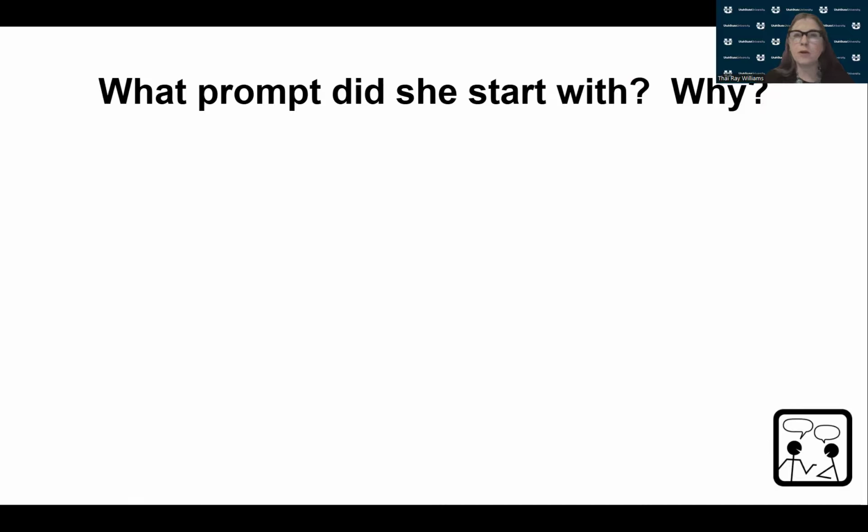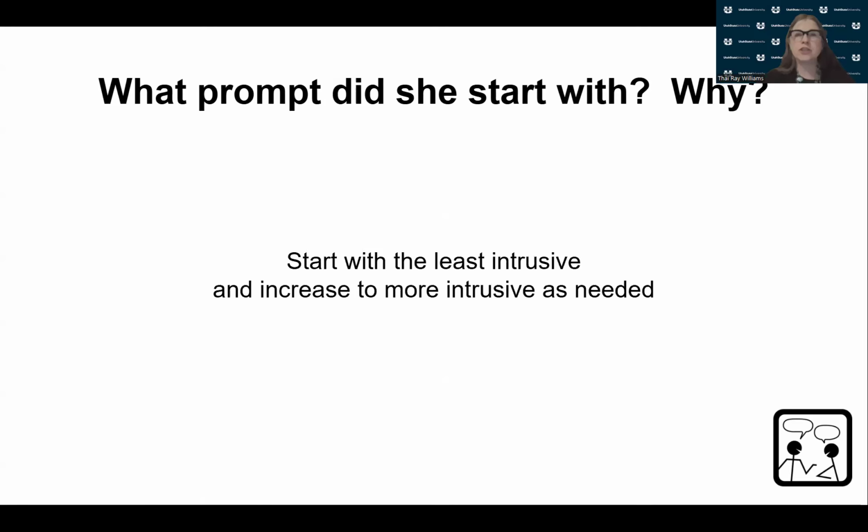All right, so what prompt did she start with? She started with the least intrusive prompt. Why did she do that? Because it was the least intrusive prompt, and she's using the system of least prompt. And then what she did was she increased to a more intrusive prompt as needed. So we know that she moved from an indirect verbal prompt, and then remember she used a gesture, she tapped